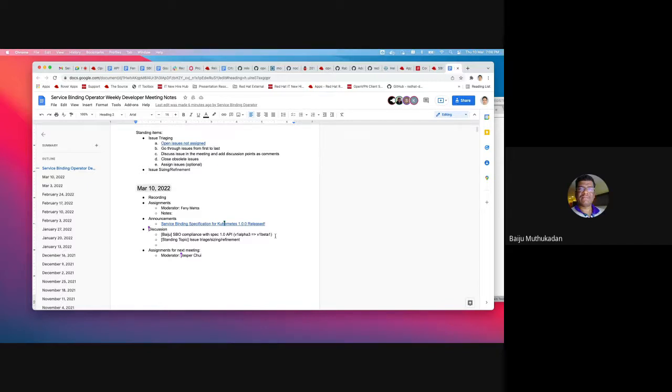In my opinion, I don't see any necessity because we only told that SBO's API is a tech preview, right? We have clearly mentioned in our release notes everywhere that there won't be any backward compatibility. So I think it is safe to remove v1alpha3, but there is no harm in keeping it there also. So unless there is any problem, I'm okay to remove it also. Anyone have any comments on that?